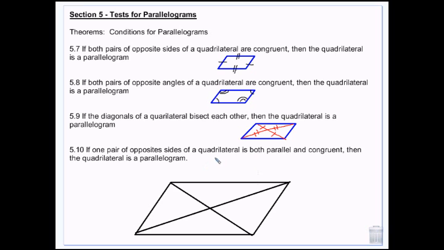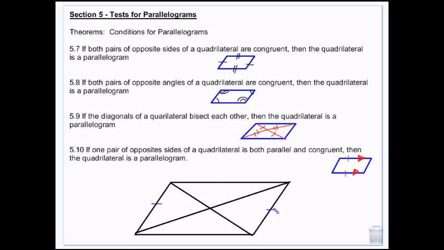And then if we have one pair of opposite sides that is parallel and congruent, I'm going to draw what that should look like. Okay, to show parallel, we draw arrows facing the same direction. And that's congruent. So if you have both parallel and congruent, you're a parallelogram. So again,